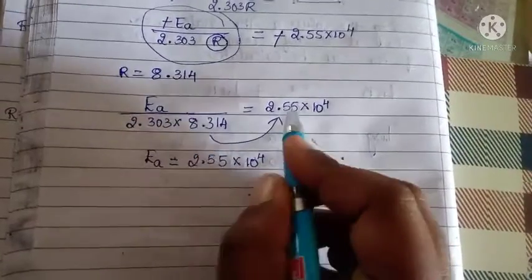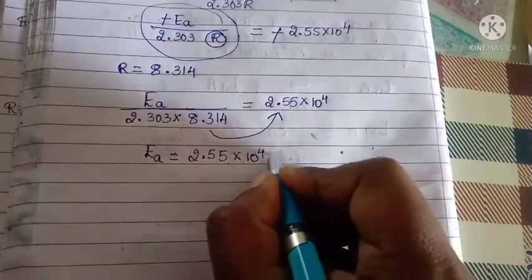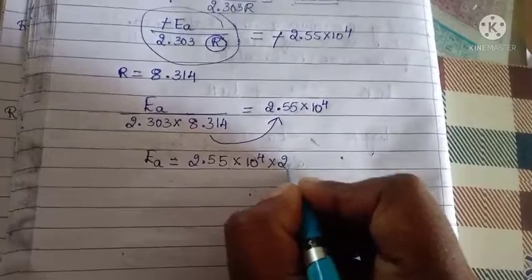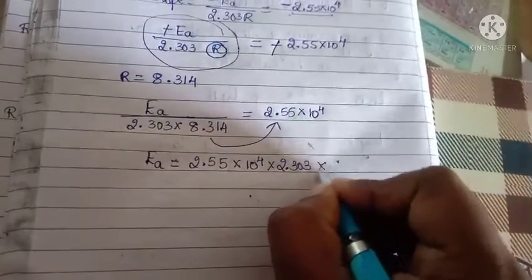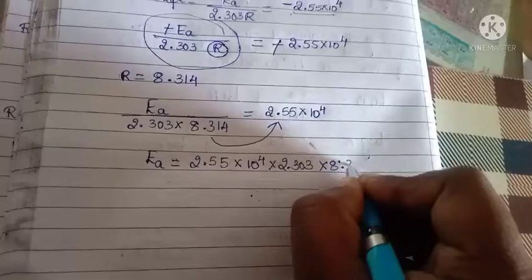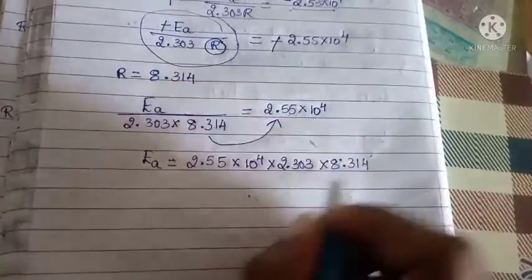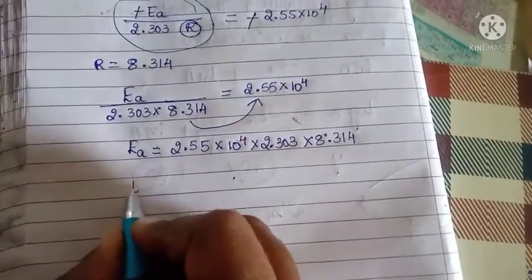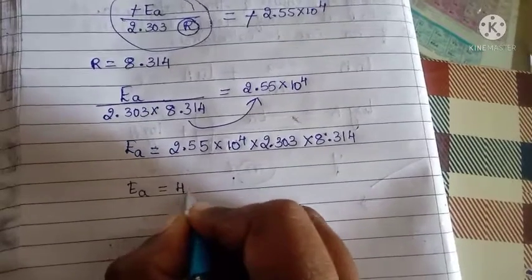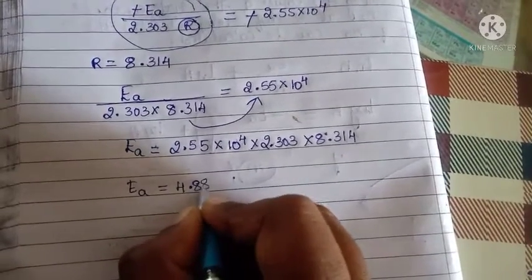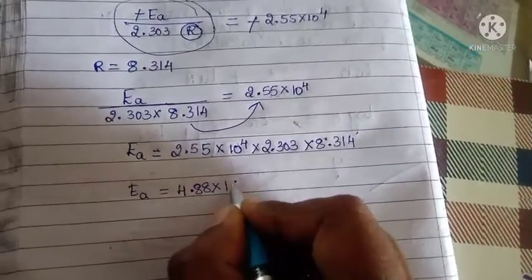Here, what is in the denominator goes to the numerator, into 2.303 into 8.314. By multiplying these values we get 4.88 into 10 to the power of